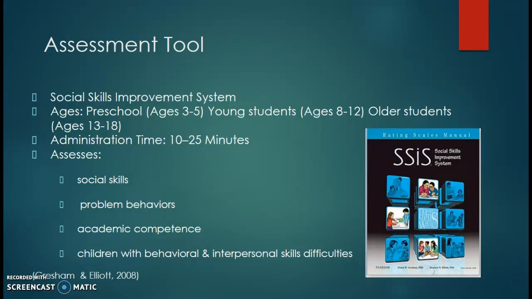So I just thought this one was a really good way to generate goals. It's easy to administer, it's just a checklist, and it's also very client-centered because you're including the young students or the adolescent students in middle school from 11 to ultimately high school if you wanted to. Administration takes only 10 to 25 minutes, and then you can leave it right in your box and you can score it and come up with some goals from it.